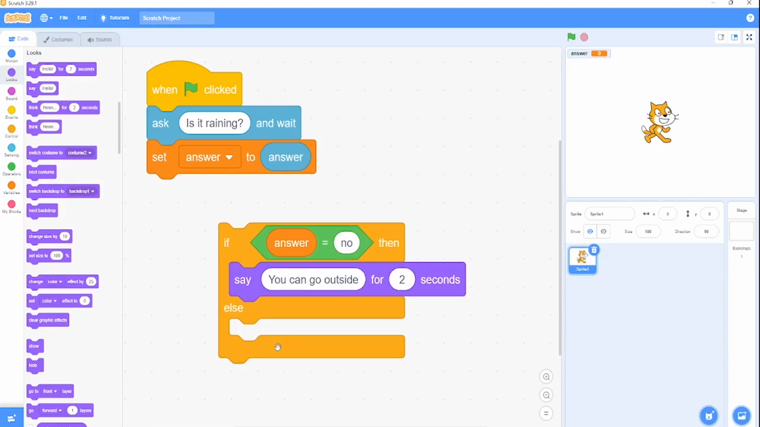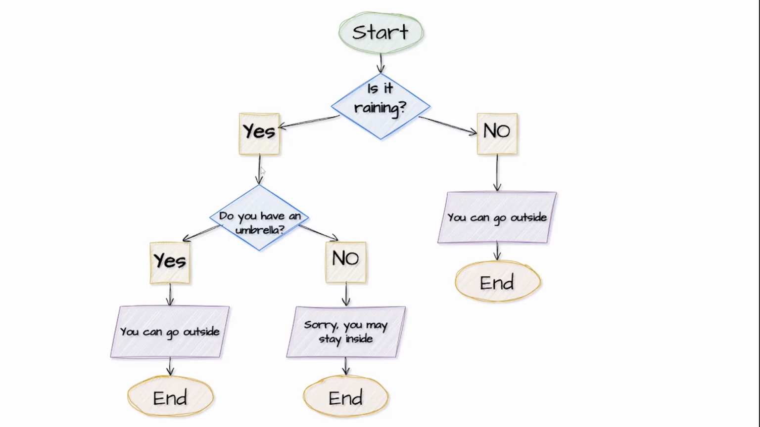Else, this is the else. Now we are done with this block. This is the else that we are talking about now. No, it's not raining, it means you can go outside. That's done. Now the else is this part that we will be dealing with. So that simply means we are going to say,